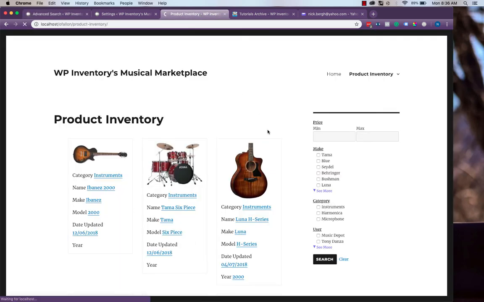And now if we go to refresh, under make we'll see the first three above the more separator, and we can click to see the rest of them, or see less. And just as a simple demonstration, we'll see we only want harmonicas with a max price of 100, and if we hit search,